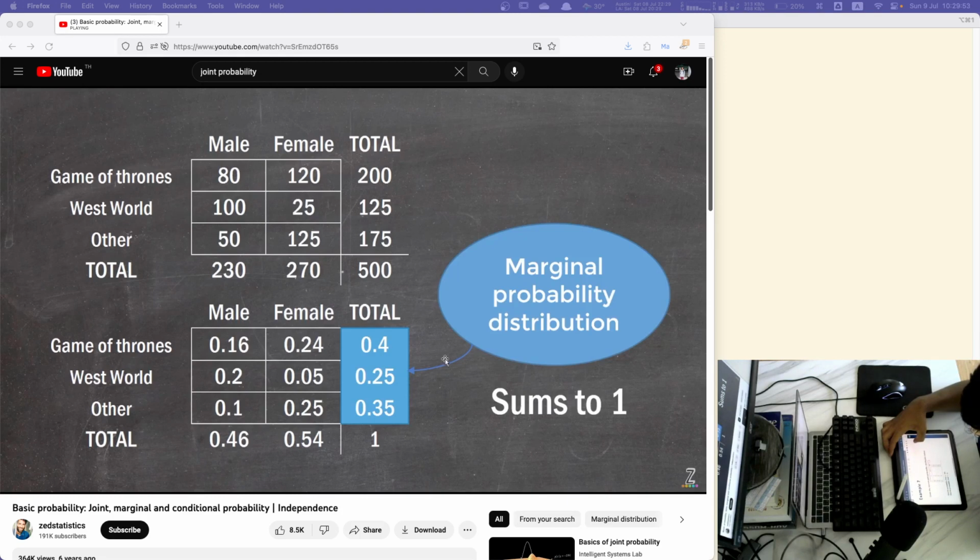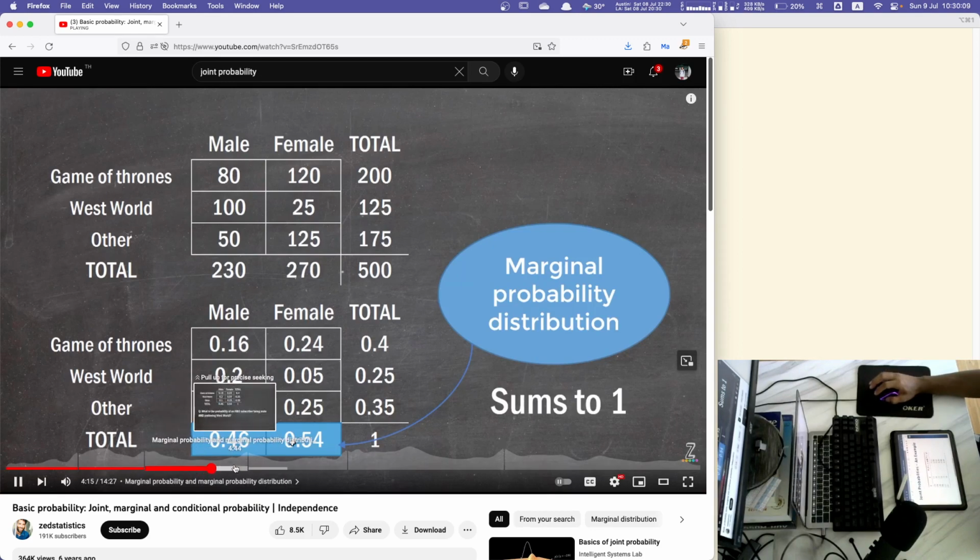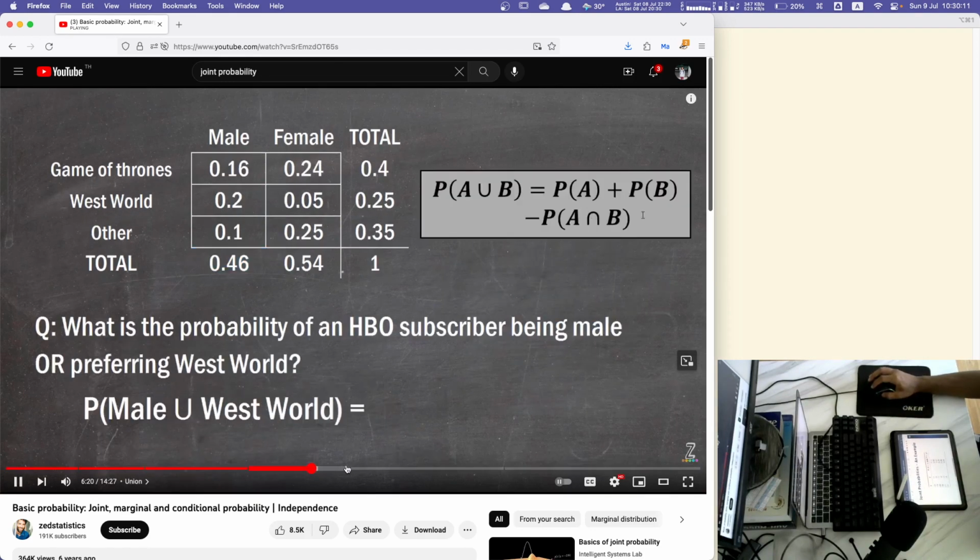Now, the thing to appreciate is that this marginal probability distribution completely ignores gender. It's as if that variable doesn't exist here. But be aware also there's another marginal probability distribution down here. And in this case, it would ignore the show of preference. But again, the subscriber being male is pure